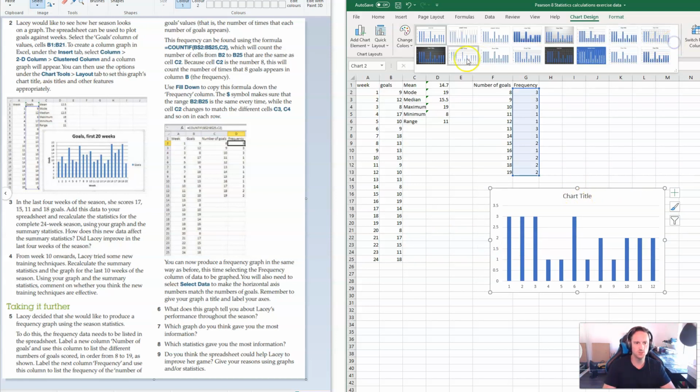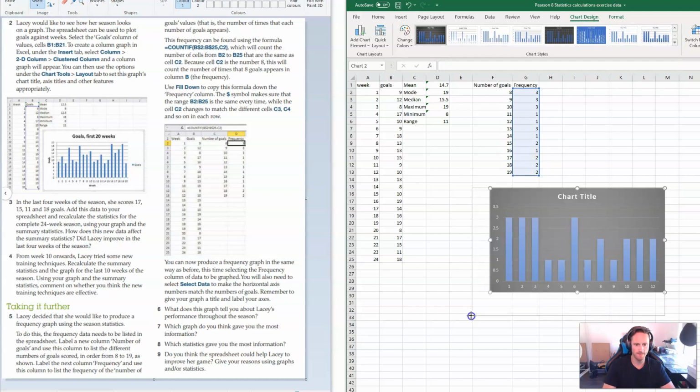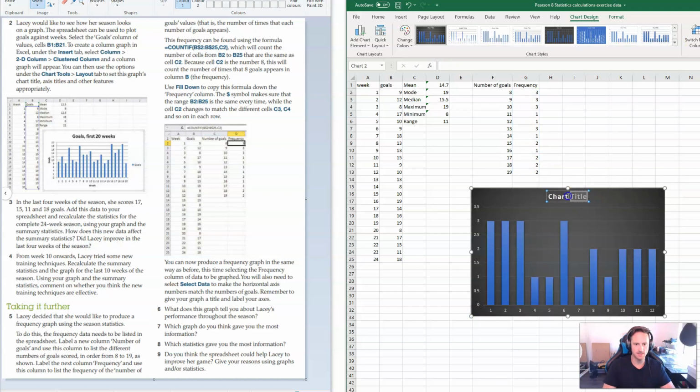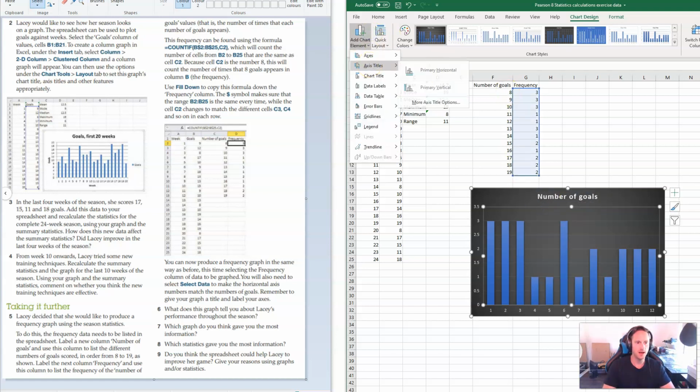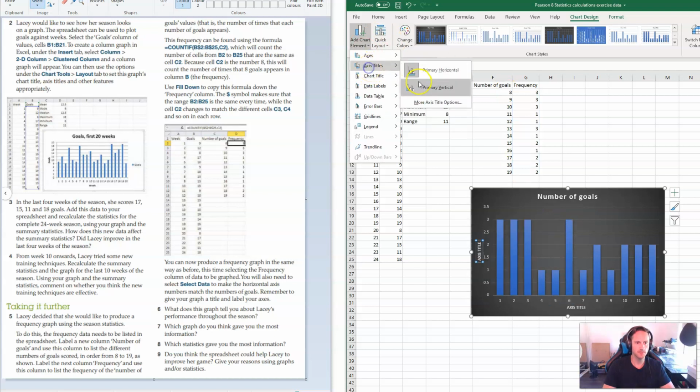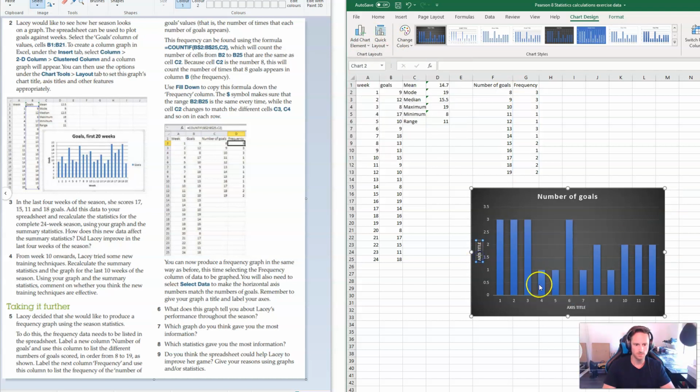So I will change this again. And this is number of goals. I'll add titles. So this time the y-axis is frequency, which is how often it was scored. And this is the number of